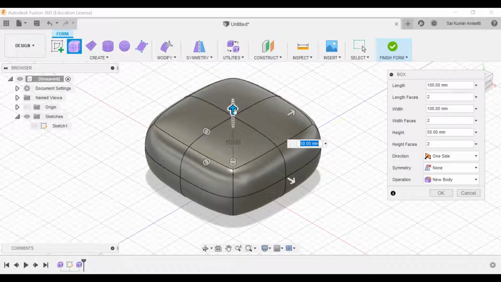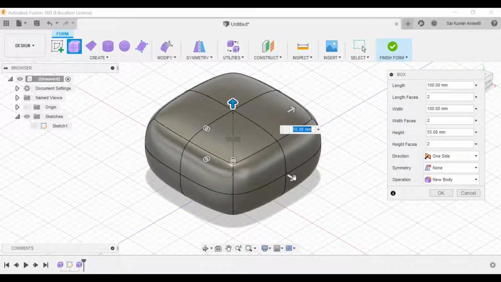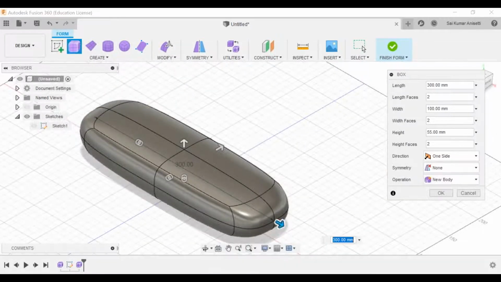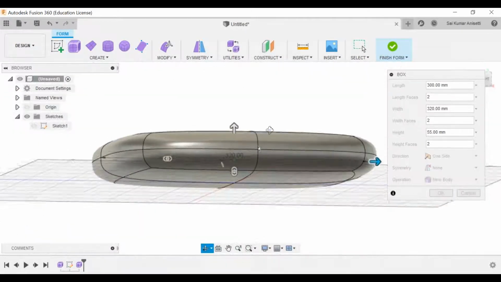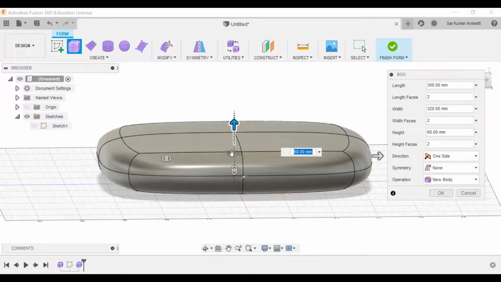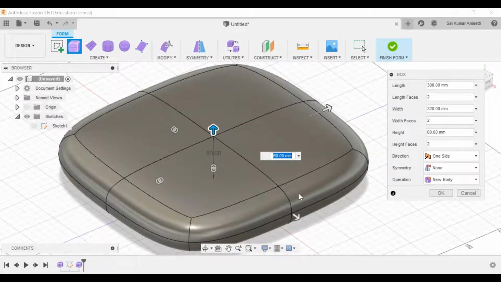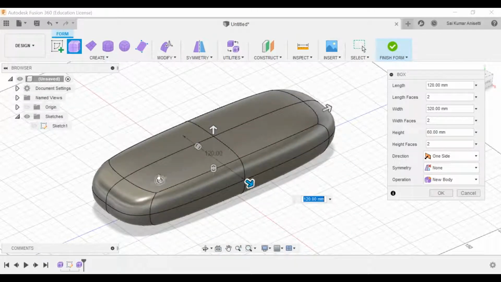Now simply you can play with this. You can just drag and drop it in any direction. See, if you want to make a TV remote, and this is the x-axis, if you drag that along the y-axis, you create some kind of shape. Okay, you can create any given shape or any given kind of thing. You can just play with this. Whatever you create, pull it, drag it, and drop it, that is up to you.